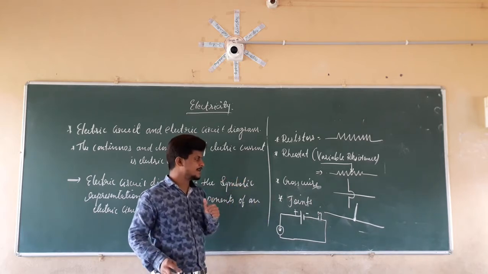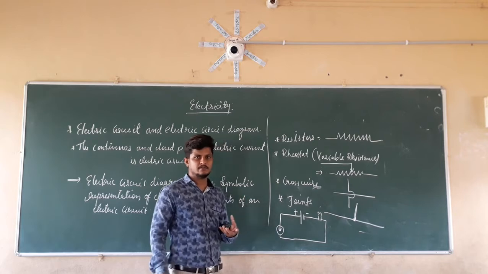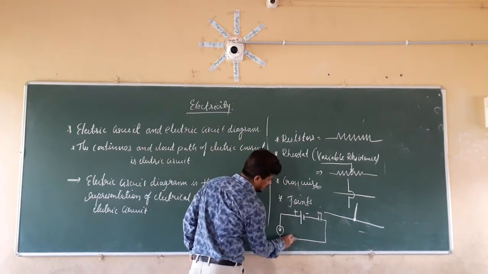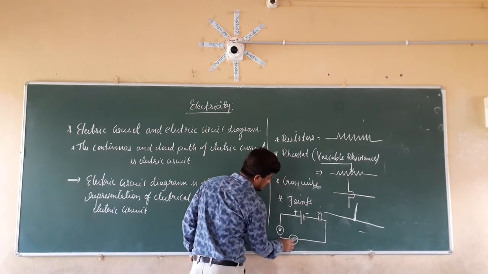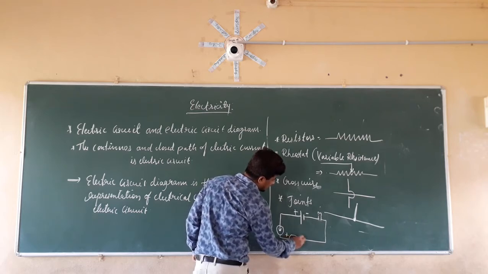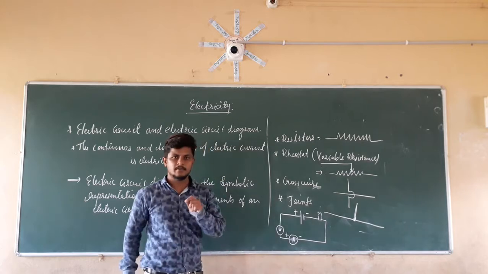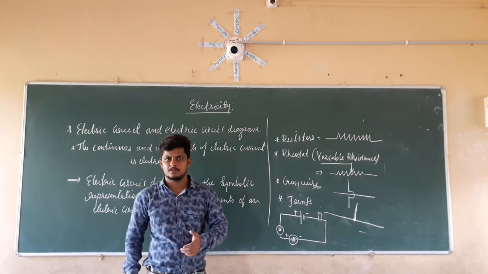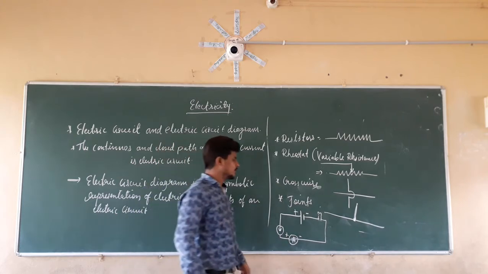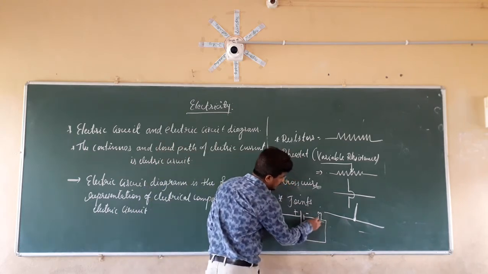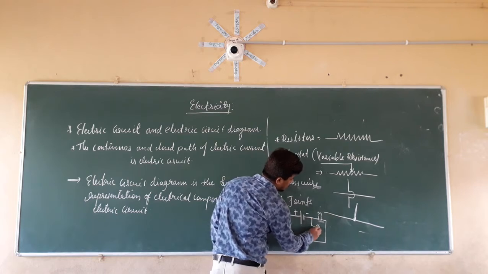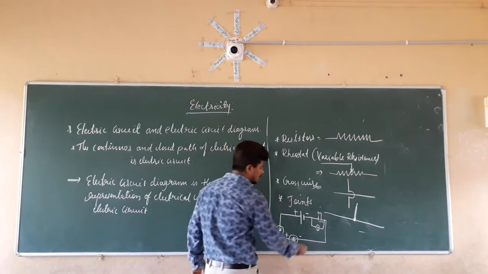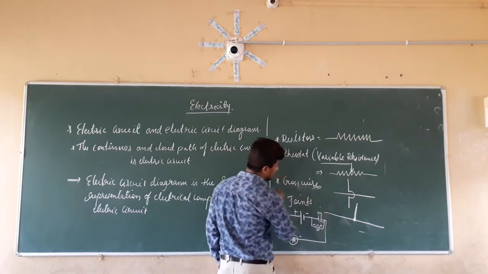Now if you take the example of the ammeter as well as voltmeter, we have to put the ammeter and voltmeter. We are going to put the ammeter in series connection. So wherever we want, we are going to put the ammeter there. So this will be the plus and this will be the minus. And if you remember, the voltmeter should be put in parallel. Where should it be kept? It should be kept across the resistance. So if we take the bulb here, the voltmeter will be connected like this across this resistor. So this will be the minus and this will be the plus.